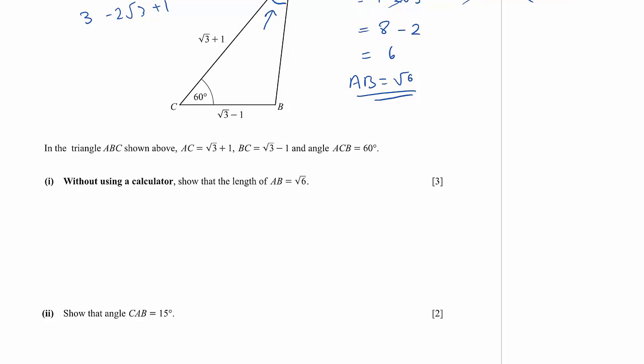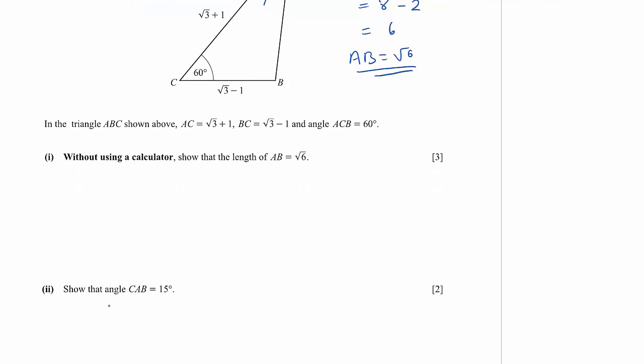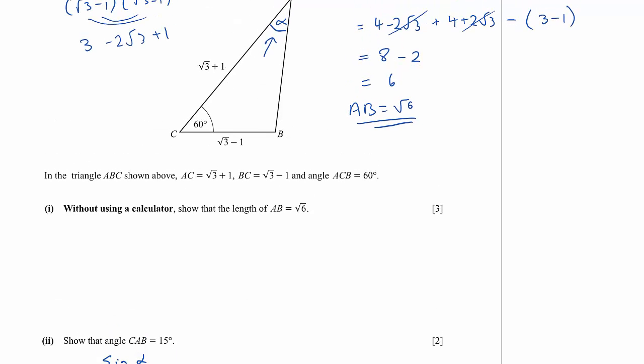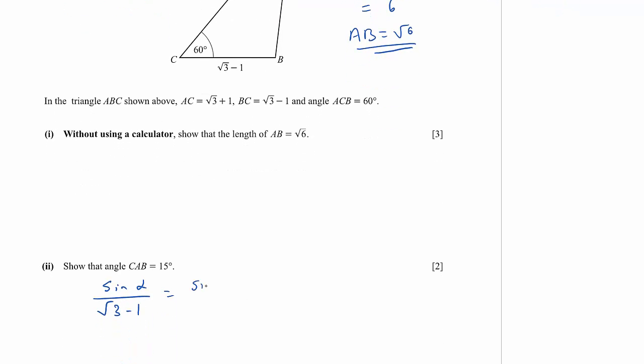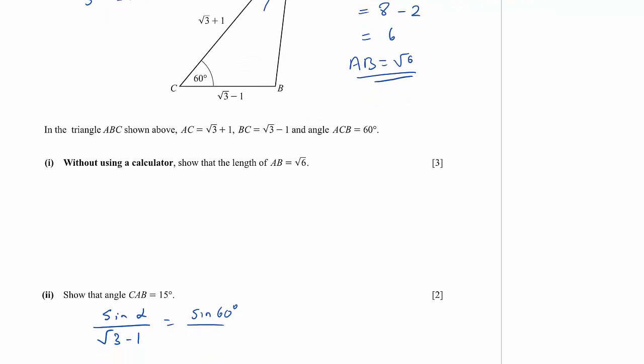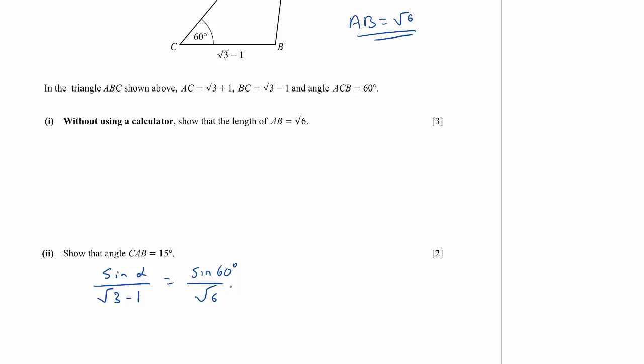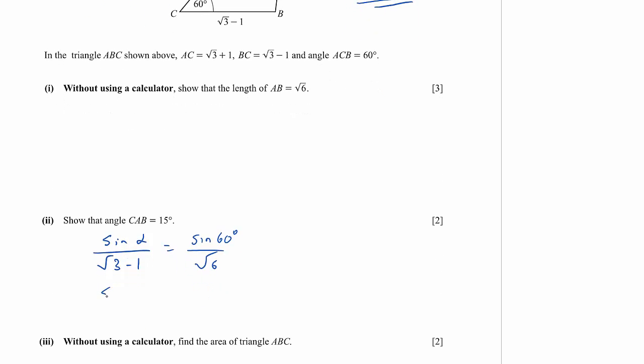Well, we could use the sine rule here, and we'll say that sine alpha over the side opposite it, which is root 3 take away 1, would be equal to sine of 60 divided by the side opposite that, which we just found is root 6. So sine alpha is going to be root 3 take away 1 times sine 60